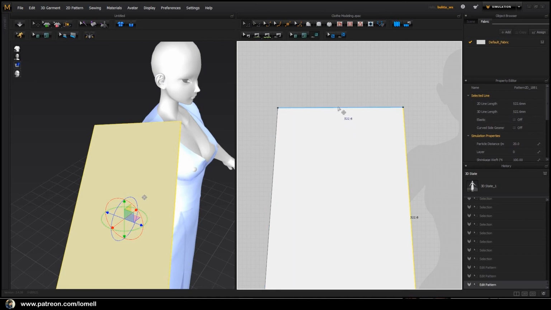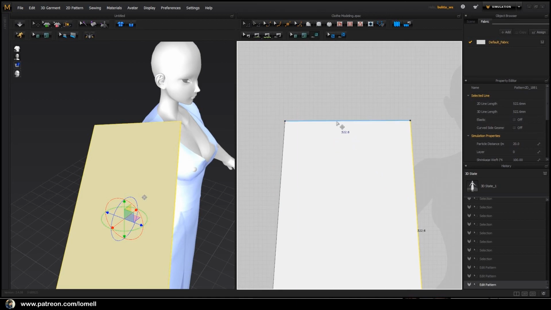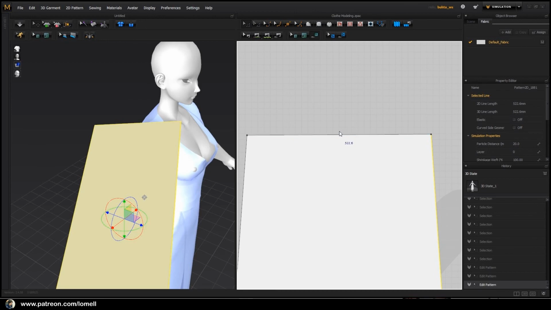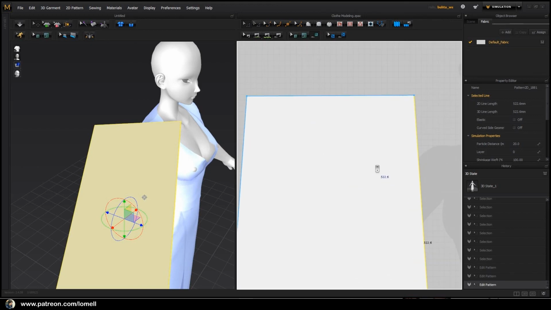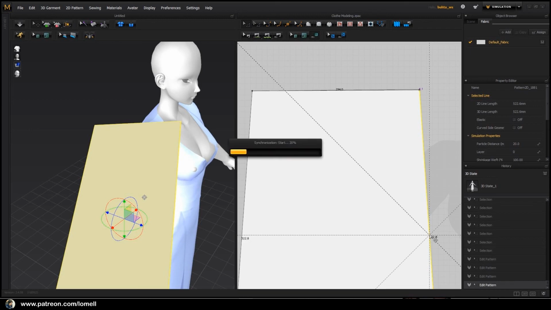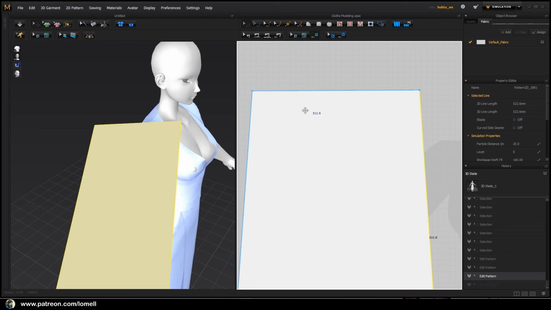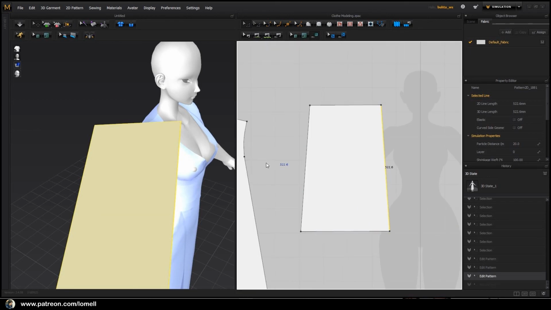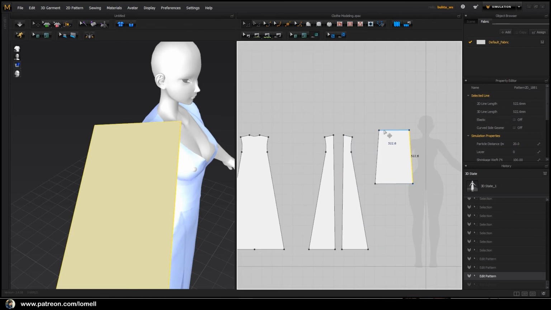294. Okay, that's enough. So you are just seeing a number value here, just earlier, and then you just have to adjust these edges until you reach that measurement that is exactly the 294.8 number. Okay, so let me undo this one, and I think that's enough, and we can now stitch that into this